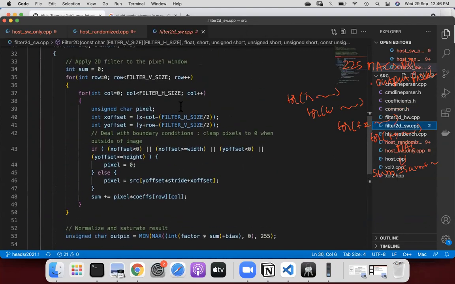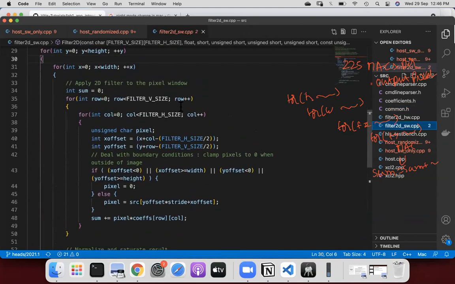If you take this code and give it to HLS as is, this line number 48 is a multiply and accumulate operation. So if you perform one MAC operation per cycle, then you will require 225 cycles. The throughput will be 1 by 225.